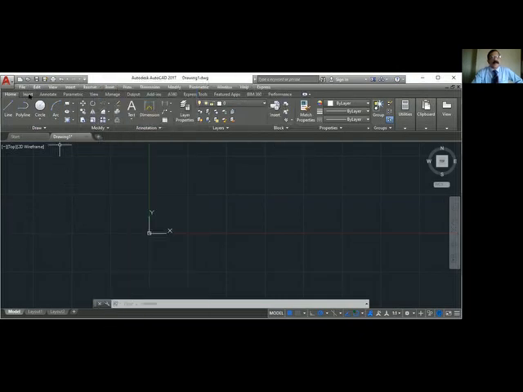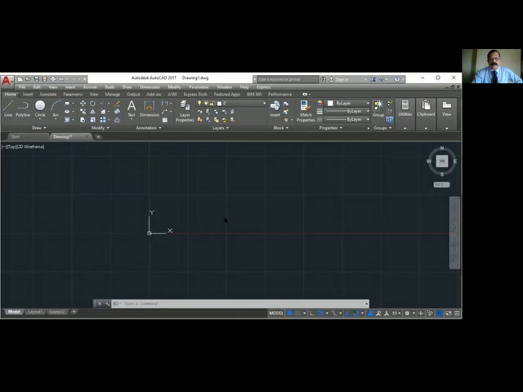Below the menu bar there are tabs. Different tabs: home tab, insert, annotate. Under these different tabs, ribbons are there. This is called the ribbon, and this is called the panel. This is the draw panel. This is the drawing area. This is called the view cube, and this is the command area. Here you will be typing the command. This is the status bar, and this is the drawing area.